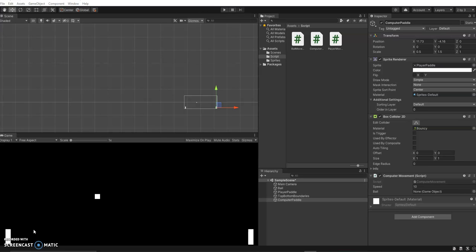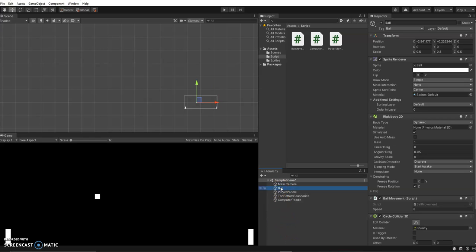Because what's going to happen is we're going to destroy the ball, but at some point we want to bring it back and sort of reinstantiate it, bring it back into the game. So once it leaves and we destroy it, we can't bring it back unless it's a prefab, basically. So what I'm going to do here is, if you remember how to make the prefab, just grab that game